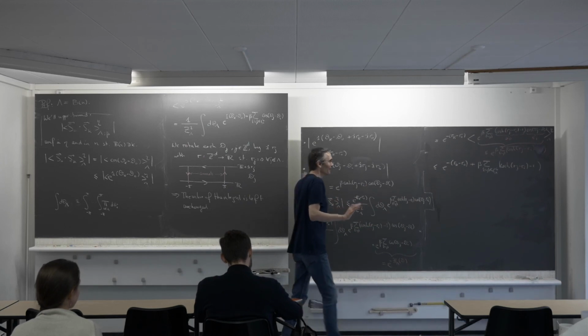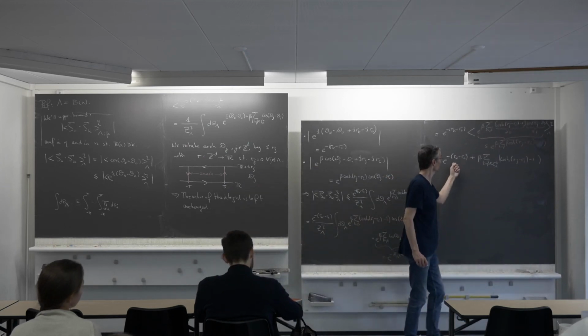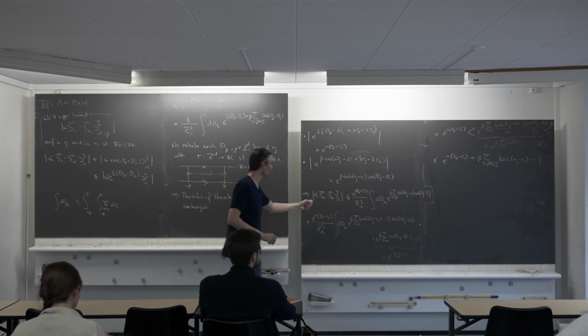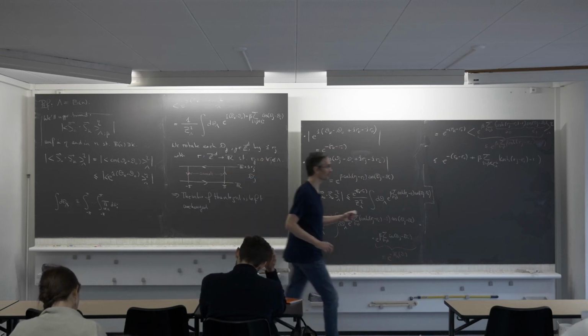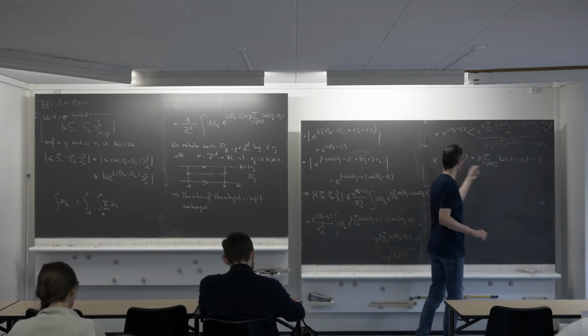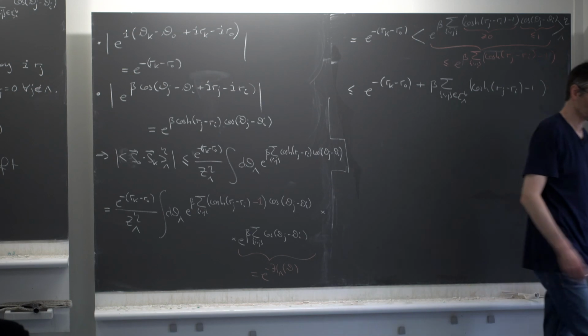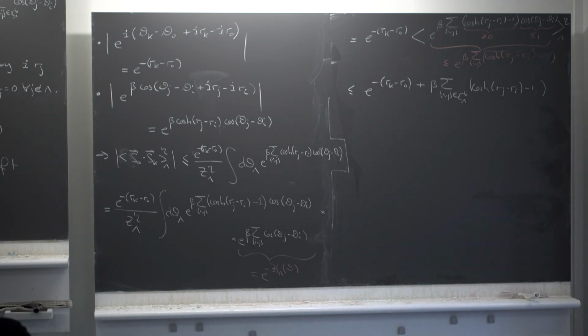It's done. Now what you have to do is minimize this, because I want to get as good a bound as possible on this expectation. So I want this to be as small as possible. So I have to optimize over R, which you can do similarly to what we did before. Problem is that optimizing with a cosh is a nightmare. It's not a very nice function if you want to find the optimum.